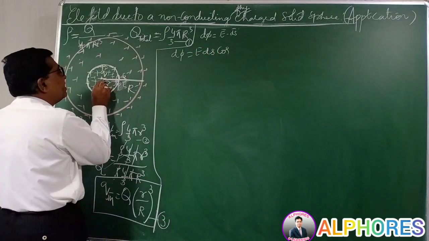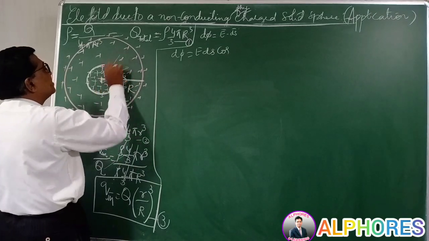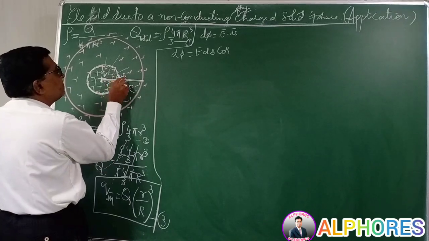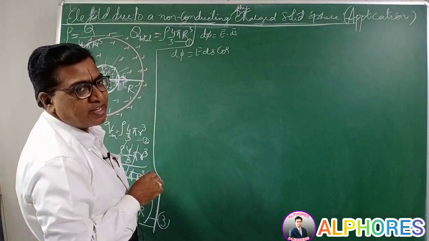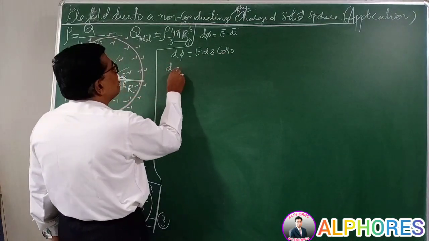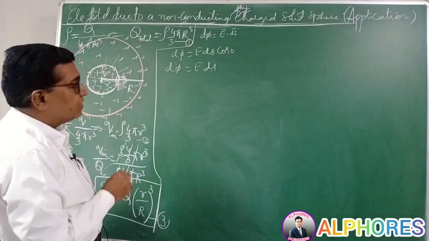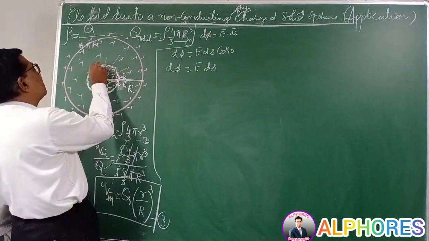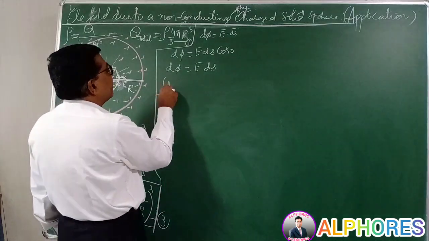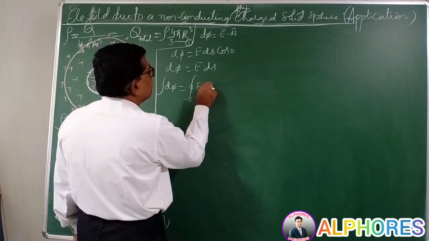Now the electric field is radial, the lines of force are radially outward like this. So the electric field direction is outward normal. Even the area element also has the area vector outward normal. So the small flux d phi is E ds. Correct? Now the total flux through the entire Gaussian surface is the integral of d phi, that is the surface integral of E ds.